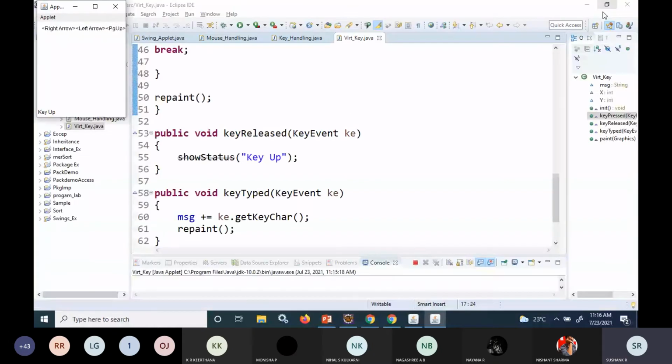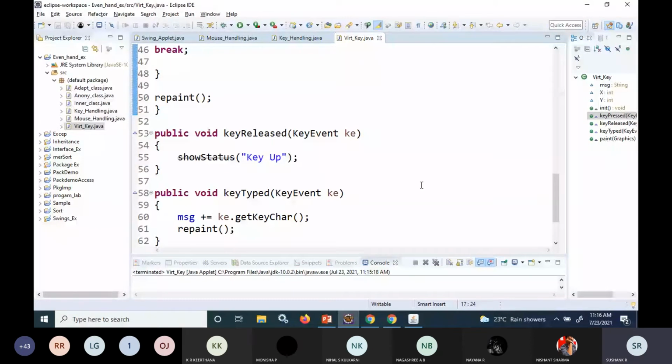When I'm typing some character, it is using the get key character function to get the data about that key. This is how you can handle the virtual key code. So this is with respect to the handling of keyboard events and handling the mouse events. For mouse events, we talked about a few functions like mouse press, mouse click, mouse move. Seven functions were there. In the keyboard also, one was with respect to the normal key, and the second one was with respect to the character codes. So this is with respect to keyboard handling and mouse handling.